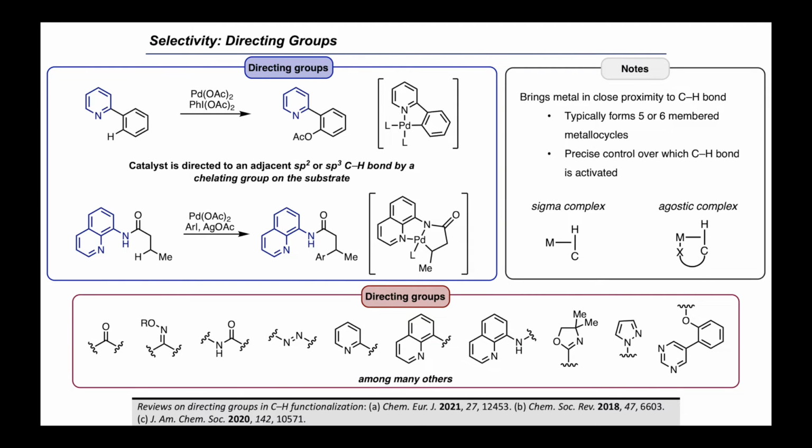One of the most common strategies for achieving site selectivity in transition metal catalyzed CH functionalization is the use of directing groups. Directing groups are most commonly used for inner sphere mechanisms and operate by bringing the metal catalyst in close proximity to the desired CH bond through the formation of an agostic complex, which gives precise control over which bond is